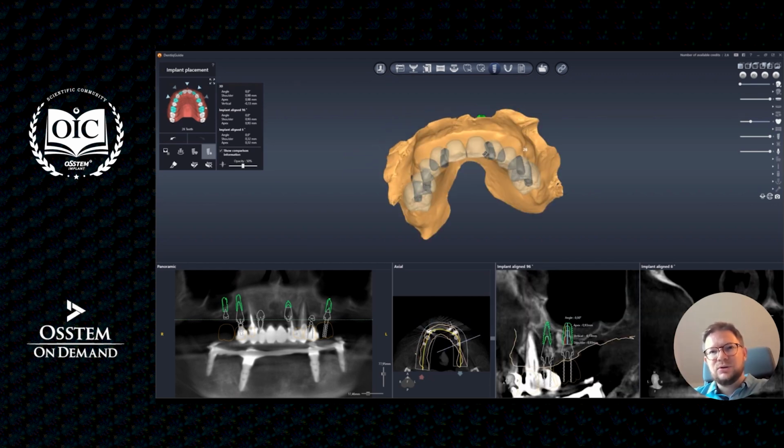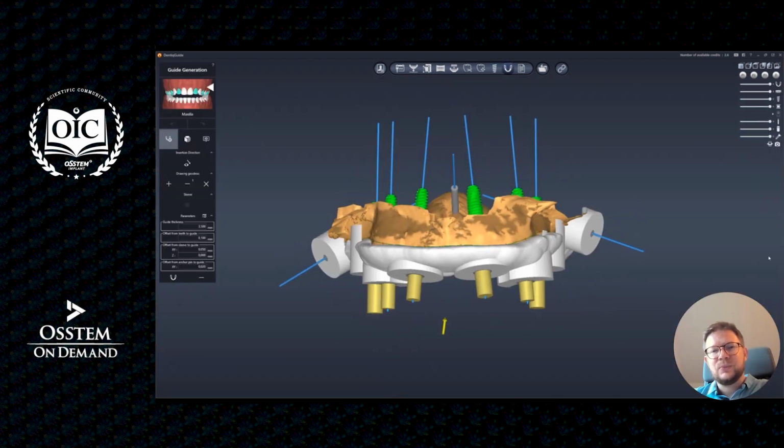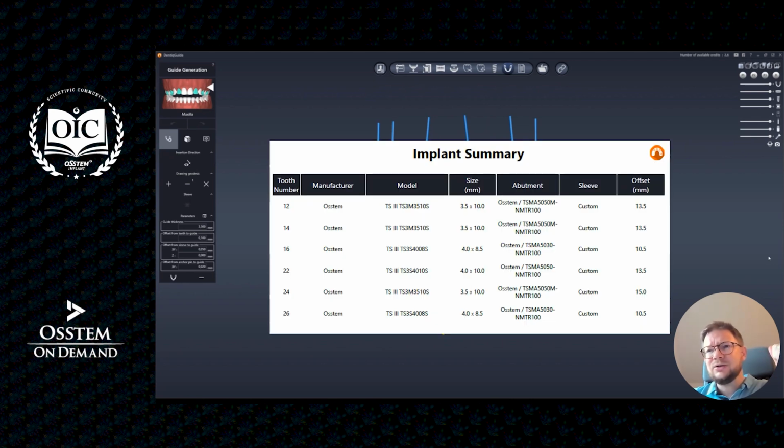If we have more complex cases, which require, for example, planning of implants in different positions, or planning of some osteotomy to be done, or planning immediate loading, we sometimes need to start the planning again from the clinical software, but then we need to use additional laboratory software or even specific CAD software to design different additional parts